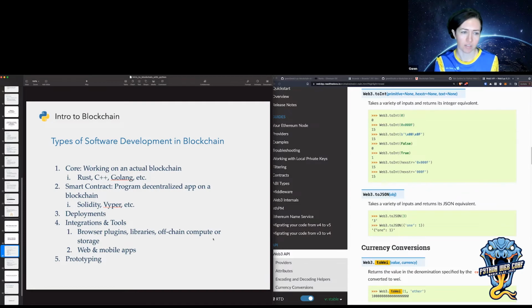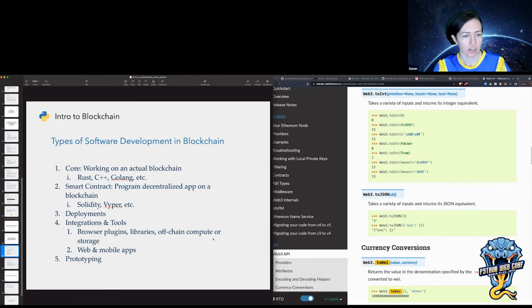A lot of times these will be languages that are specifically built to use on a blockchain, and the syntax will usually copy a popular language. Like Solidity is kind of like Java or maybe JavaScript. So if you know one of those languages, it's probably easy to jump into Solidity. I'd say it's pretty similar to a typed version of JavaScript, in my opinion. And then Vyper is very much like Python. It looks like Python when you use it. It's a security-focused language for Ethereum.